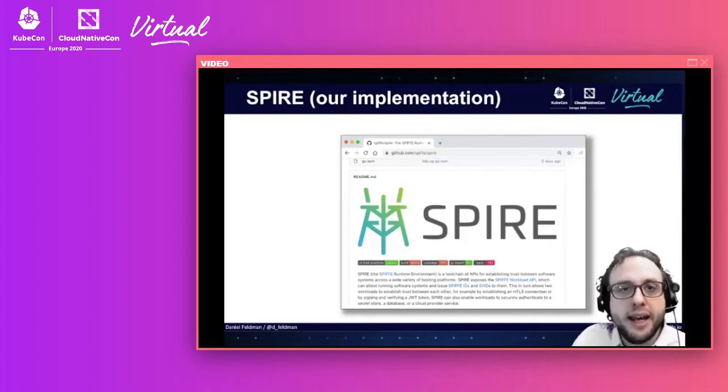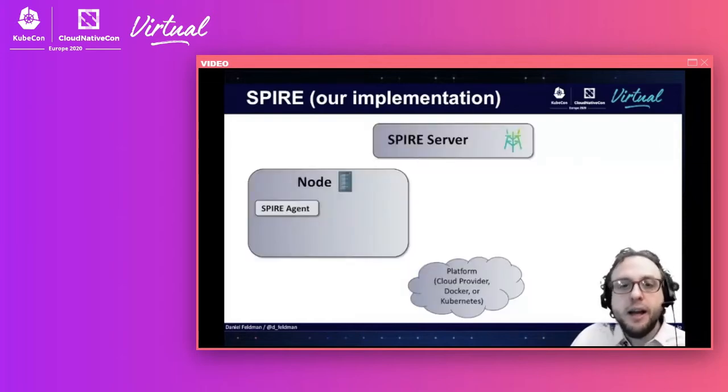And it's available on GitHub. You can download it right now and see the open issues and contribute back up to it. I and many others work on SPIRE every day. SPIRE consists of two parts. The SPIRE server is actually responsible for signing the SVIDs. Because it needs to be highly secure, we recommend running SPIRE server on an isolated virtual machine or even on dedicated hardware within your data center. Then the SPIRE agent provides the workload API, and that runs alongside your services on individual nodes.